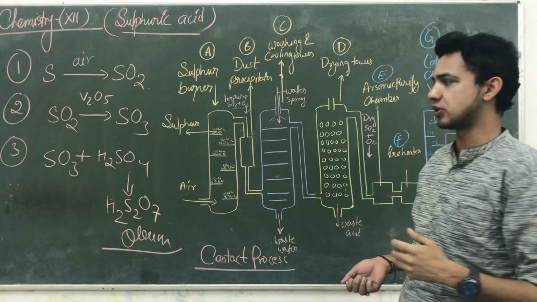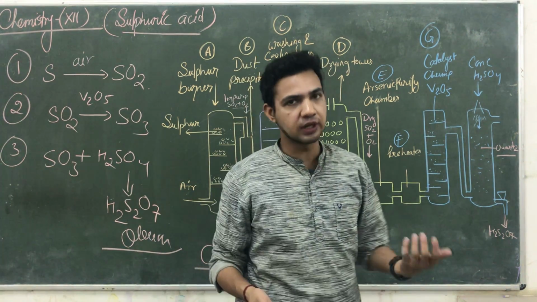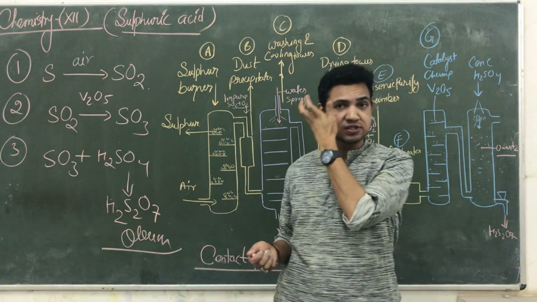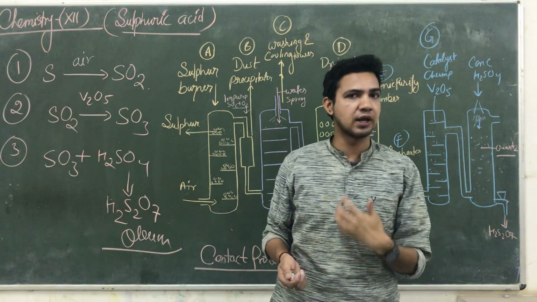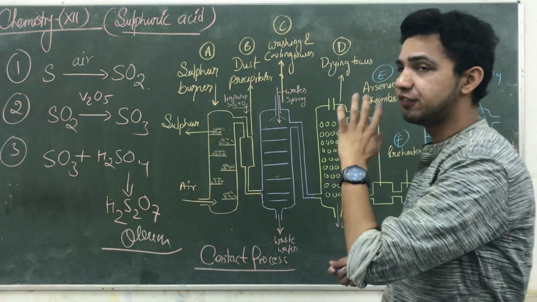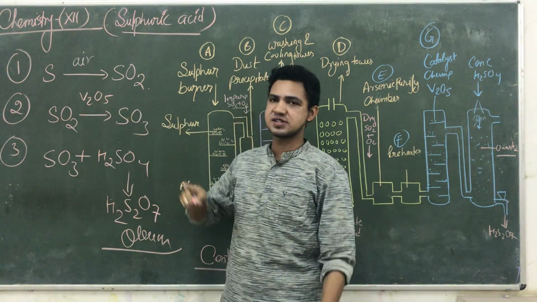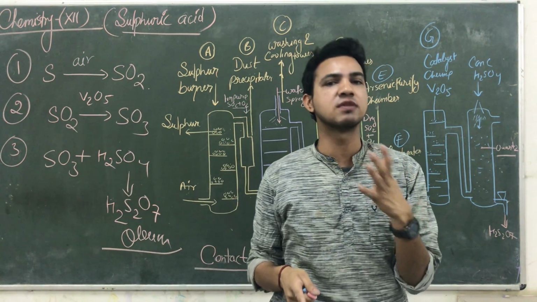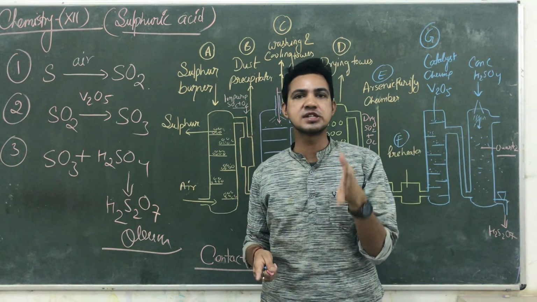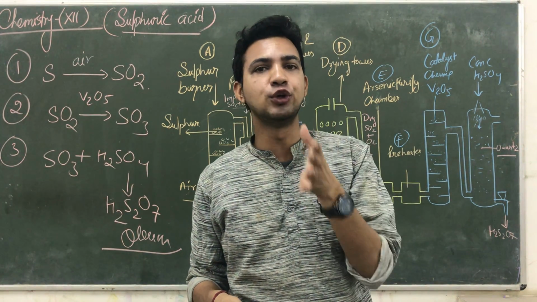It is a catalytic process. In the same process, a large amount of energy is liberated. Okay, delta H is negative, and delta G is also minus 196 kilojoule per mole. That energy is liberated, so it is a kind of exothermic reaction. But generally, if we talk about the whole process, it takes place in these three steps. In the first step, we heat or burn a large amount of sulfur and convert it into sulfur dioxide. In the second step, we convert sulfur dioxide into trioxide in the presence of the catalyst V2O5.